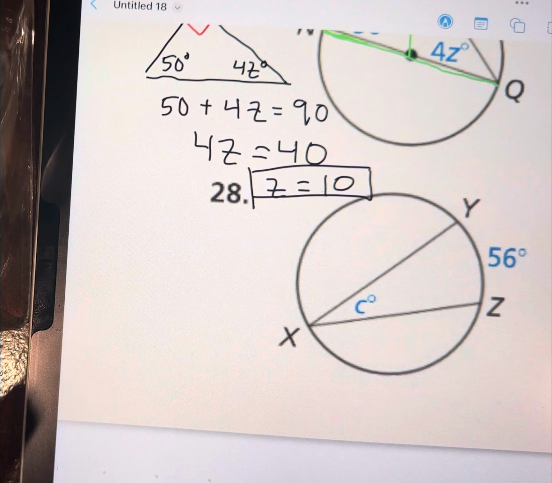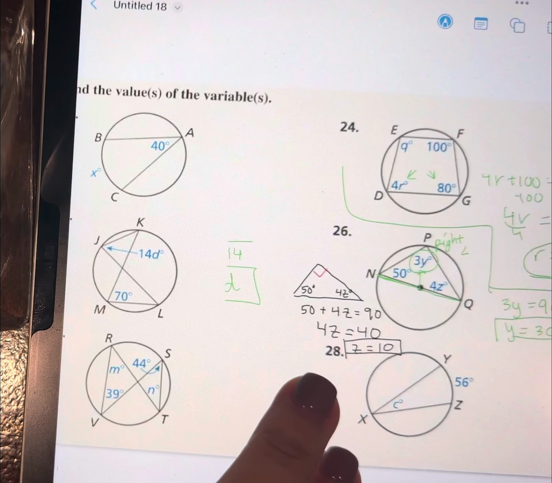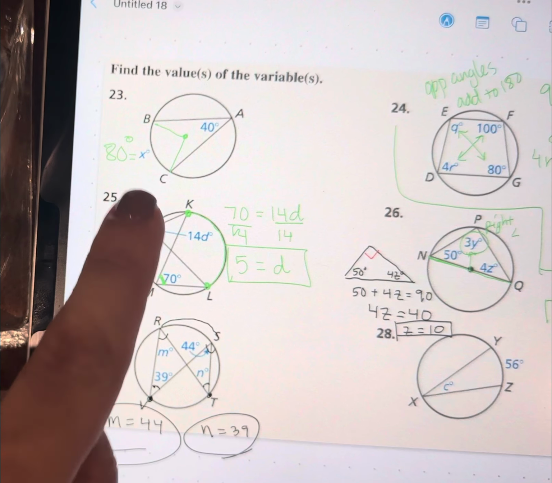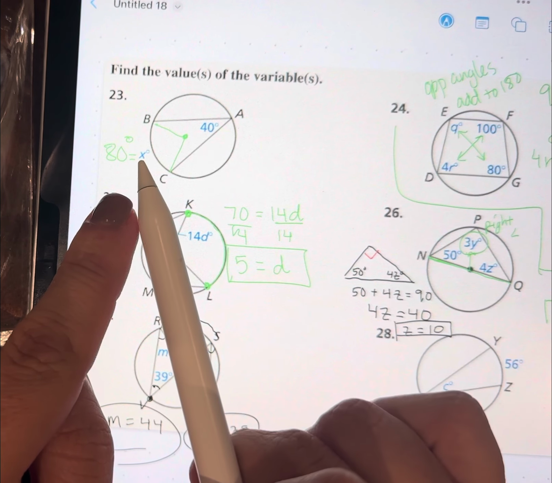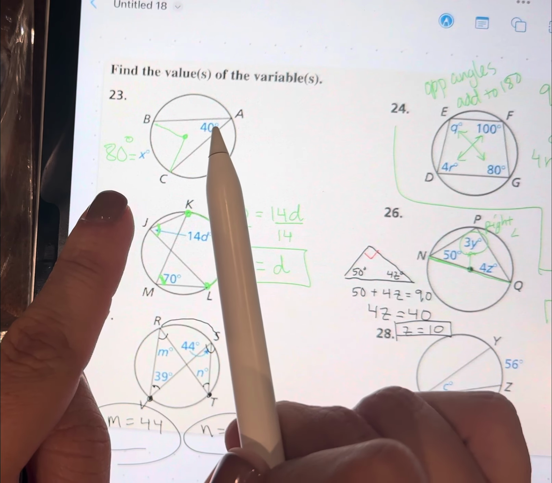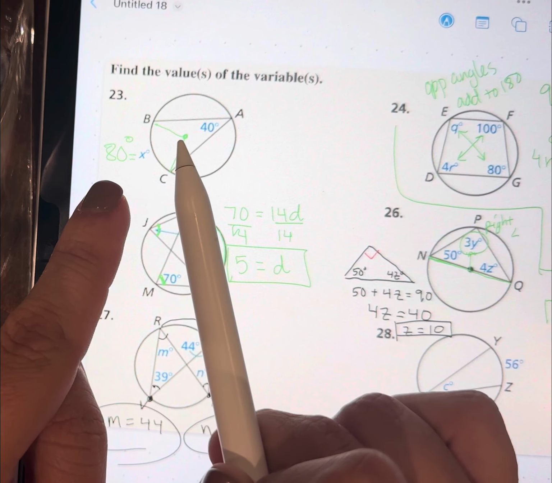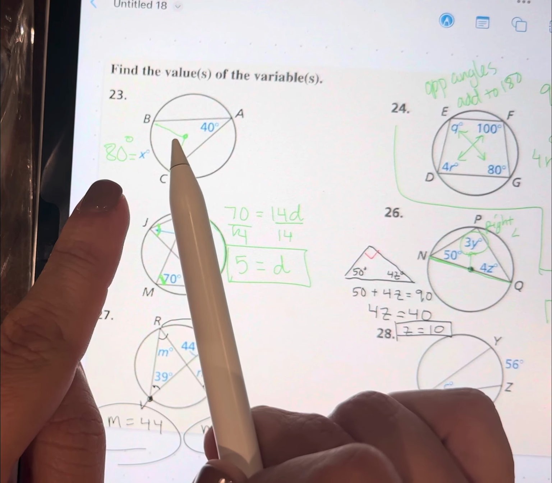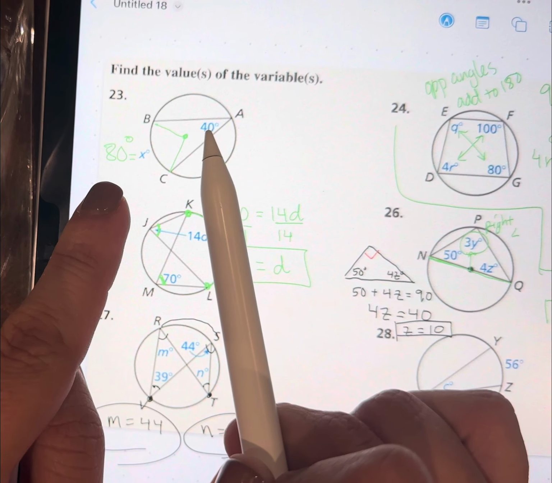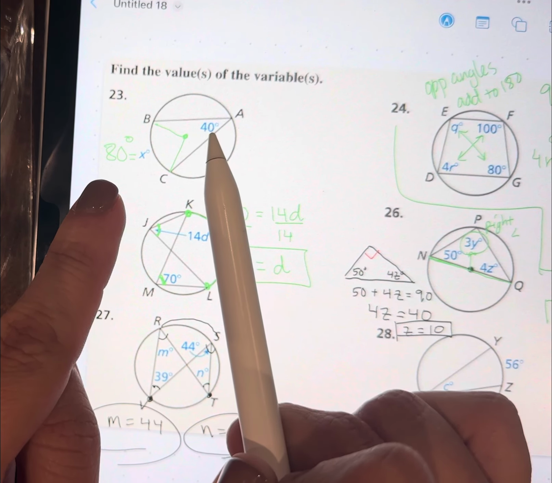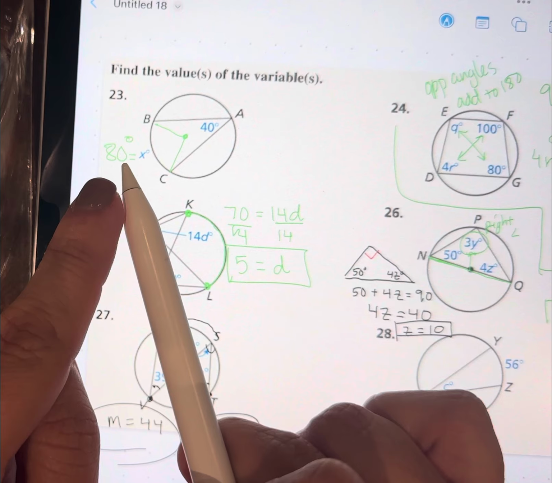Okay. Over here, number 28. Very similar to number 23, all right? My inscribed angle is smaller than the arc because you can see the arc's congruent to the central angle, and the central angle is much bigger than that inscribed angle. So if the inscribed angle is smaller and I want the arc, I double it to get a bigger number,